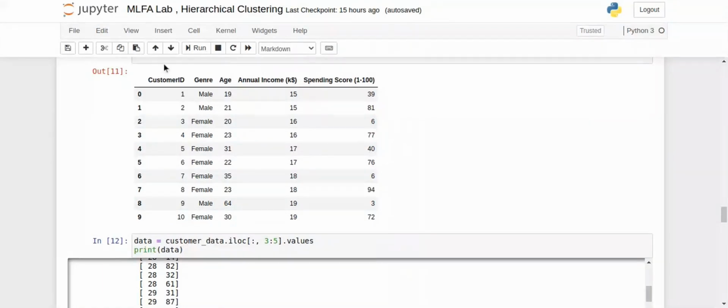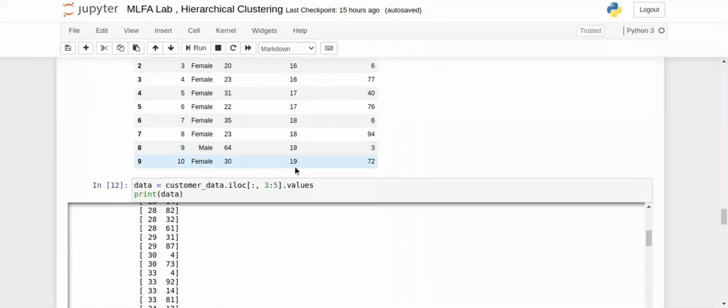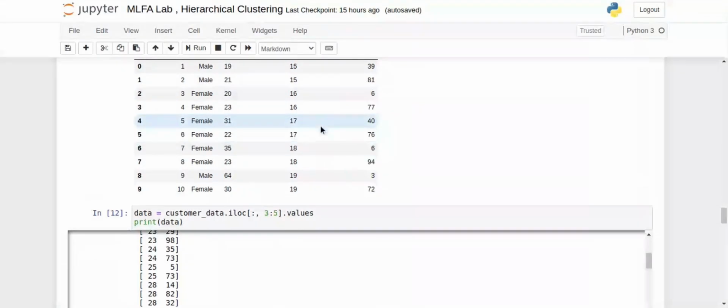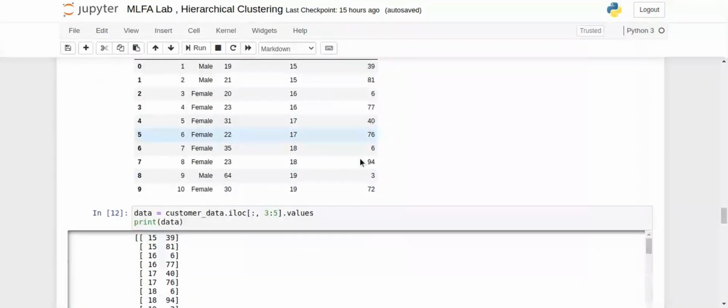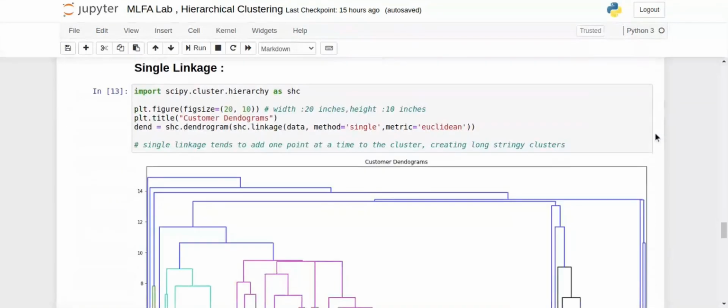So 3 4 0 1 2 3 4. These two columns will be taken. So here if you plot, you will see that these two columns will be printed. And after that, if you run this single linkage, which I have already discussed, so here you have to first